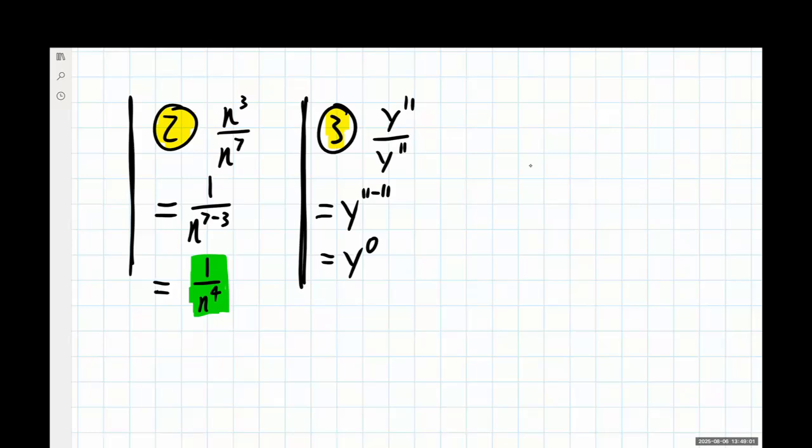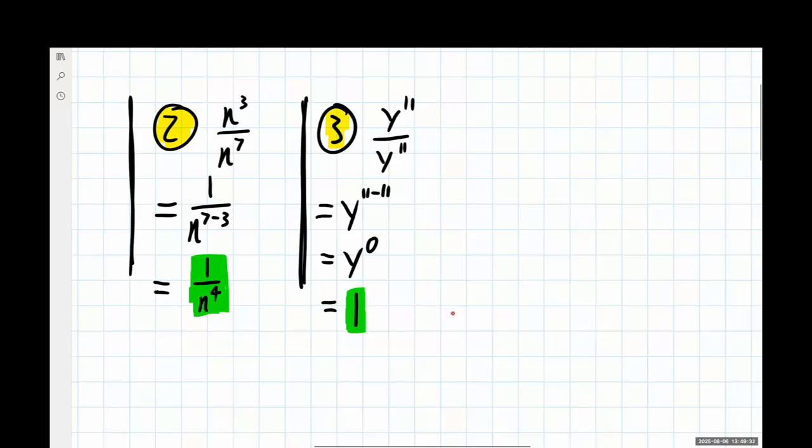Well, our property that we learned previously states that any non-zero raised to the 0 power is just going to become 1 for my final answer, which might be slightly disappointing in the sense that we're used to seeing more variables in our answers now, but kind of nice in that, hey, this thing just becomes 1, nothing else showing up there.